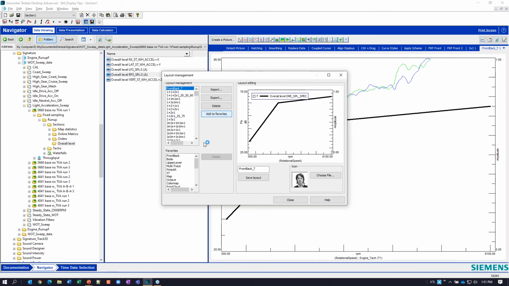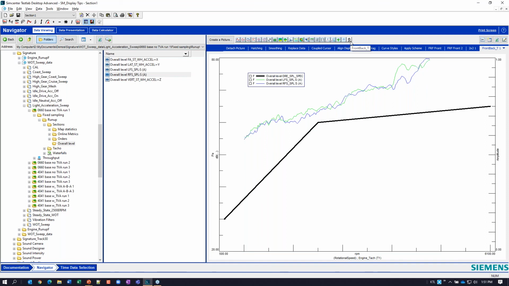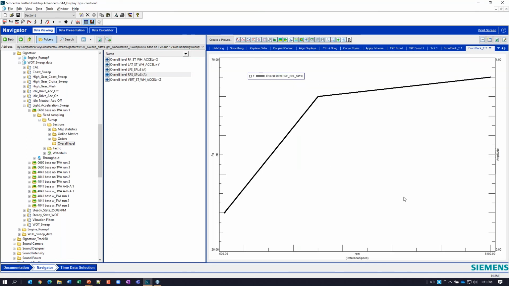Now I have to add to favorites. Maybe that's it. Yep, and so now he appears back here at the back. And so now you see this new front back underscore T with a little bitmap icon of Paul McCartney. And now if I click on Paul's face, I get this front back with my target line built right in.